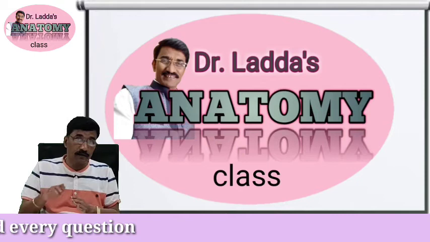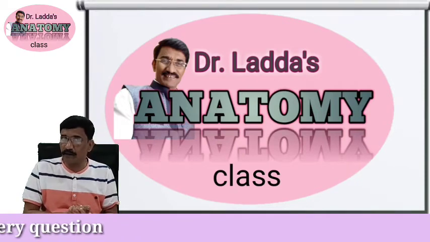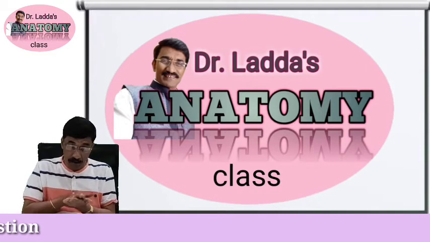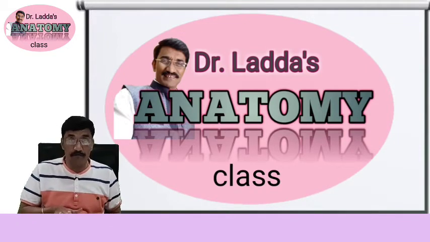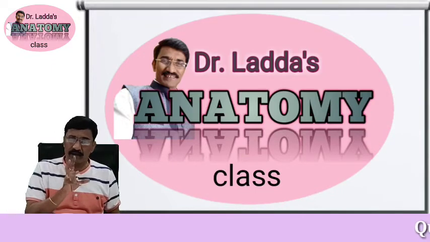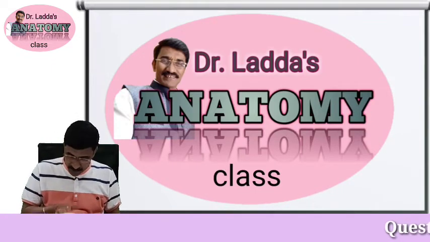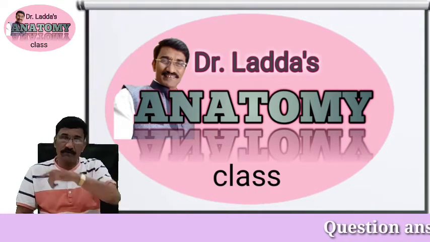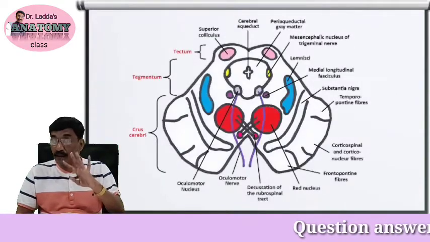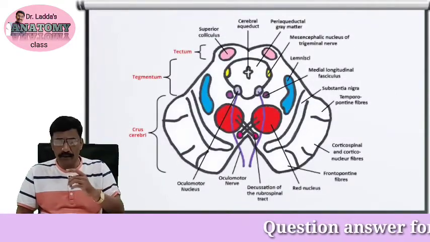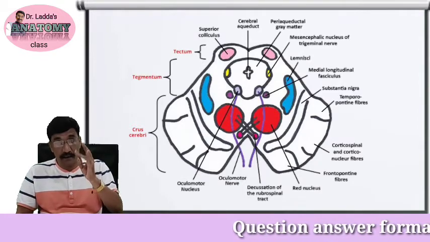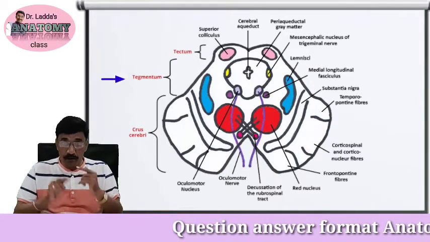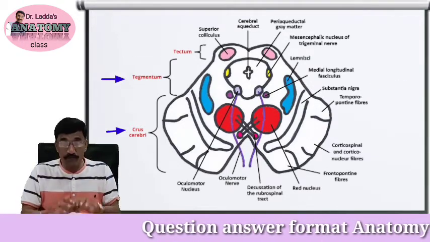Now this midbrain, in the last video, if you are remembering, we talked that there is something called crus cerebri. And for remembering, we just use the technique or idea that the cerebrum is crushed, which leads to crus cerebri. So when we are thinking about the midbrain transection, you are getting 4 points. One is tectum. Second one is tegmentum. Third one is substantia nigra. And fourth one is crus cerebri. So these are the internal structures of the midbrain.